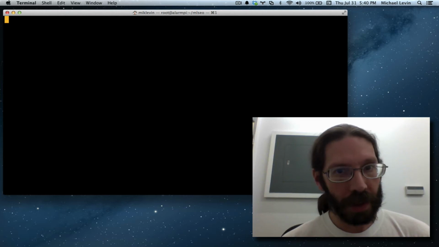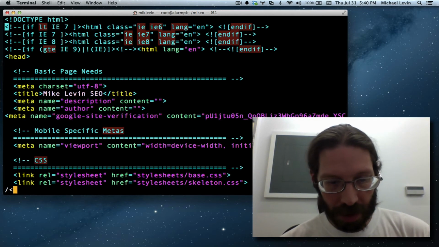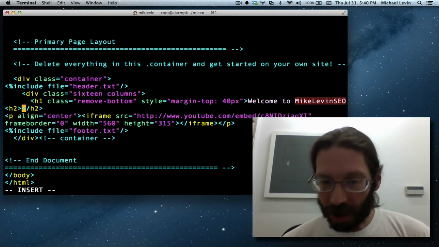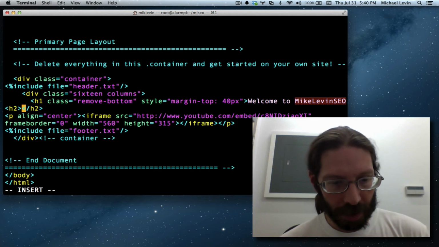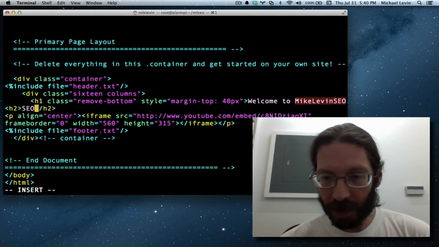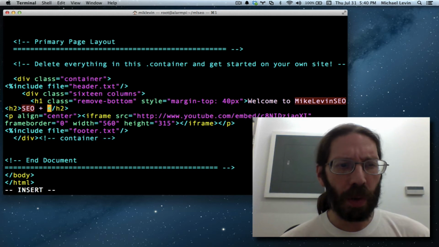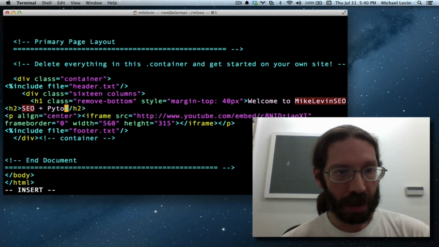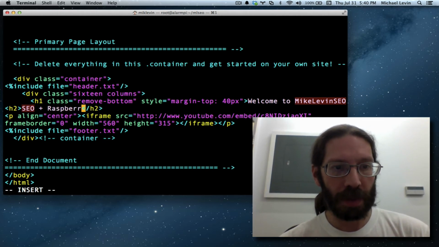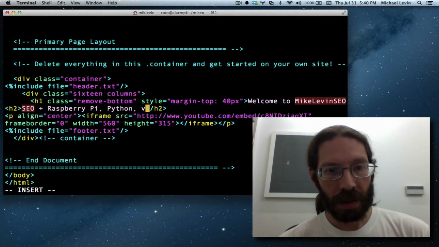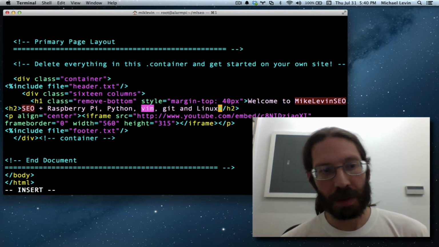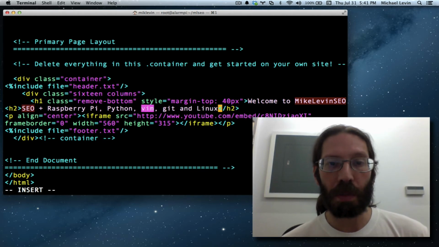Now I want to find where that h2 occurs. Go here, go into insert mode, and the things you're going to find on my site. It starts with SEO, plus, and I'll go in the order that I think people will be interested in this. So it's Python, no, it's Raspberry Pi, Python, Vim, Git, and Linux. Linux is probably the most popular of them all, but it's so mega popular I can't